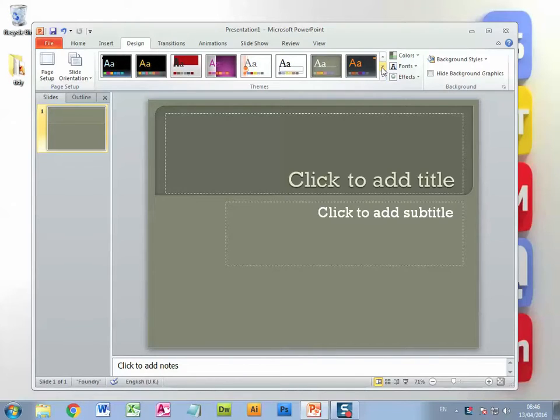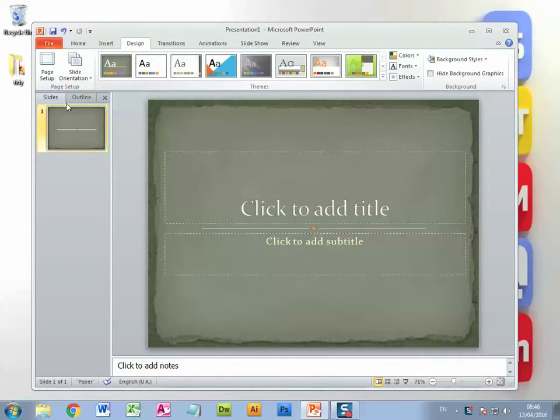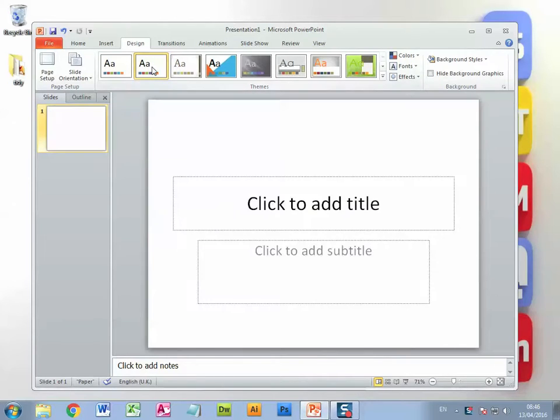But most of them have been overused and we've seen them all before, and generally if you're doing a presentation about one topic, it's best to have a design that is absolutely suitable for your topic and your target audience. So it's quite a good thing to be able to create your own theme. So if we pick the blank theme, either of these will do as our blank theme, and go to View,